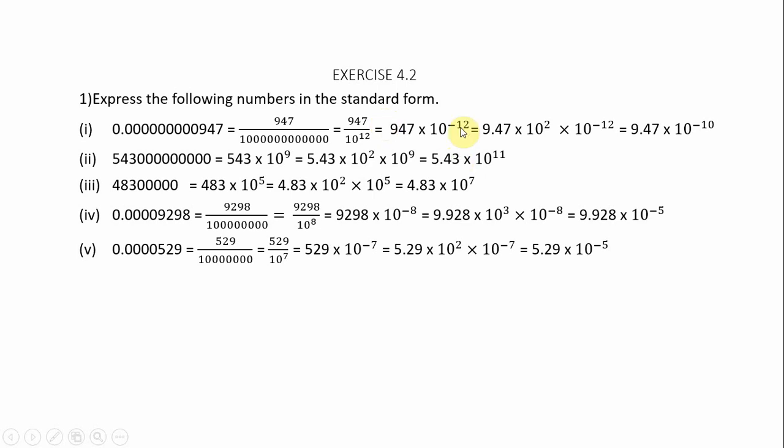Understood till here? Now, I said in standard form, you should have a single digit before the decimal. Now, you should have a single digit means what? It should be 9.47. Understand? So, the same I have written, 9.47. Now, here you have to check how many digits are there after the decimal. 2 are there. So, I have written here 10 to the power of 2. As many digits as are there after the decimal, that many will be the exponent for the 10. Now, as usual, 10 to the power of minus 12.